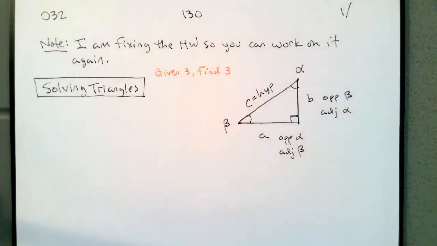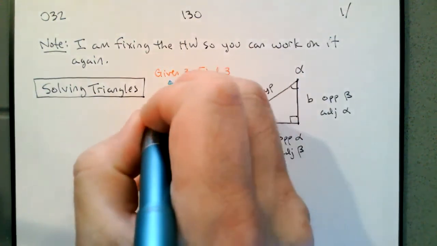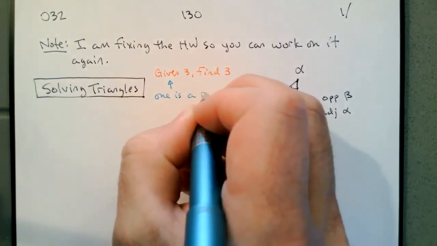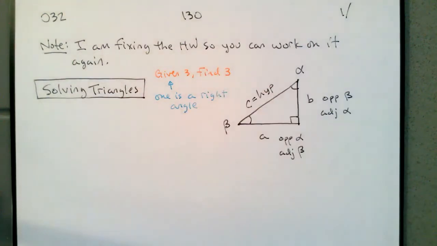So one of the 3 that you're given is a right angle. So once one of the angles is a right angle in the triangle that we're looking for, because we're solving a right triangle,